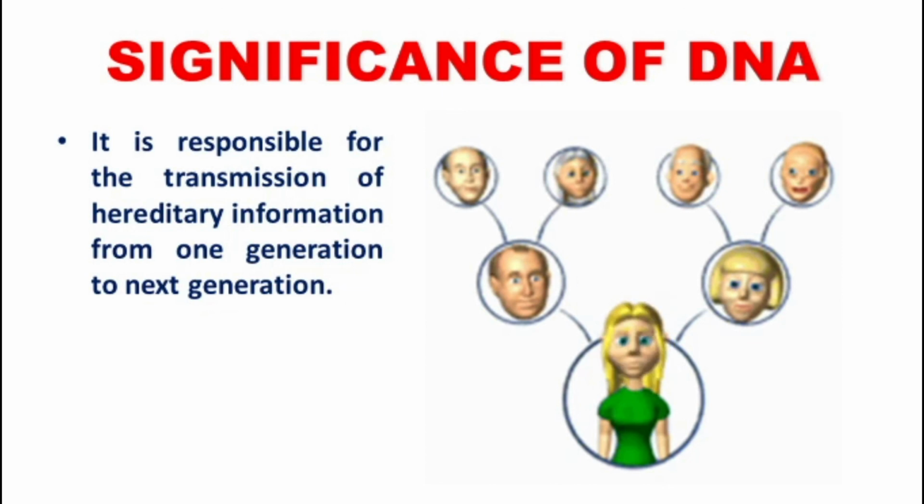So as we discussed earlier, the DNA is responsible for the transmission of characters from one generation to another generation. It transmits the genetic information continuously through several generations. These genetic informations are present in the form of genetic codes in DNA. These genetic codes are responsible for the expression of characters of a new young one.